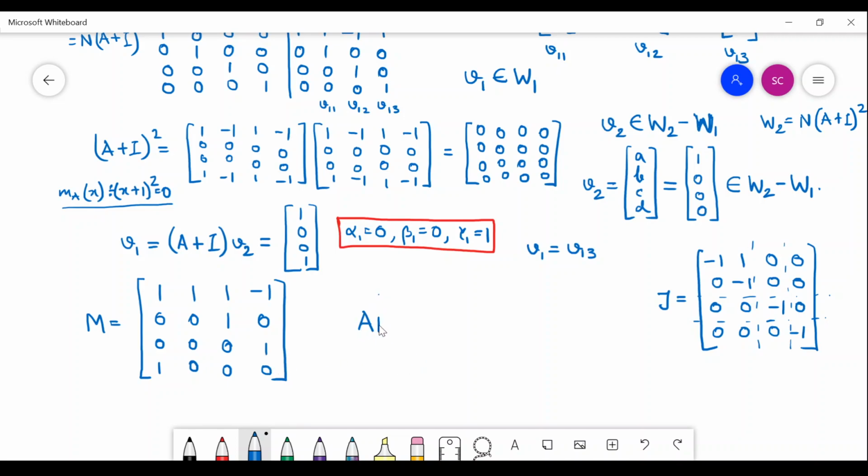So please do the check always. Please verify. If this does not get satisfied, be assured you have done something wrong. Then you have to recheck every step and find out where you have gone wrong. There are so many places where you can go wrong, so you have to give your utmost attention to every step, every column operation, so that you are not making a mistake at any step.